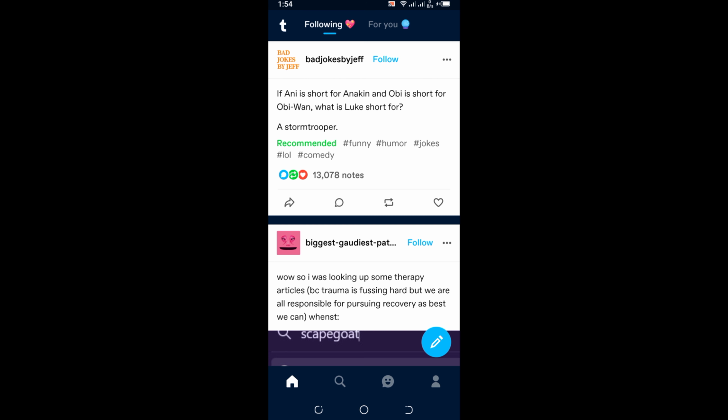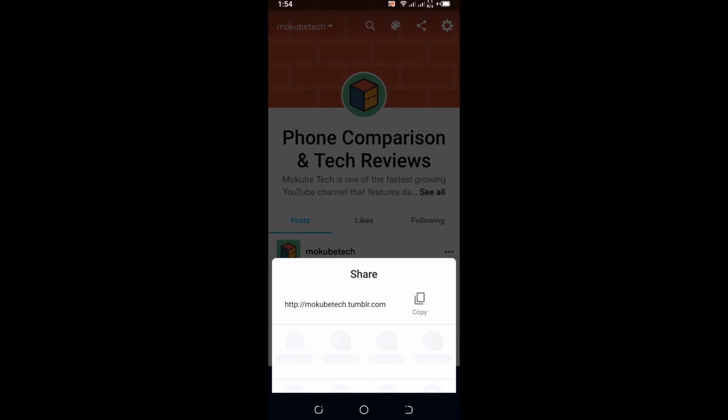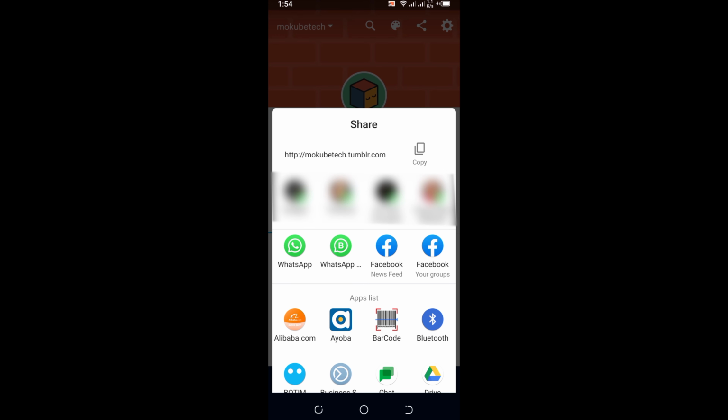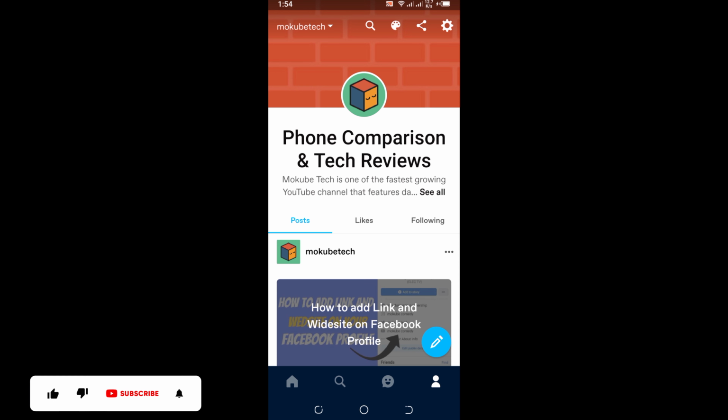So the first thing you need to do is click on this icon, after which click on these two dots here. Once you're there, you simply click on Copy. So we just copy our profile link, and you can simply take this link and share it in any of your social media